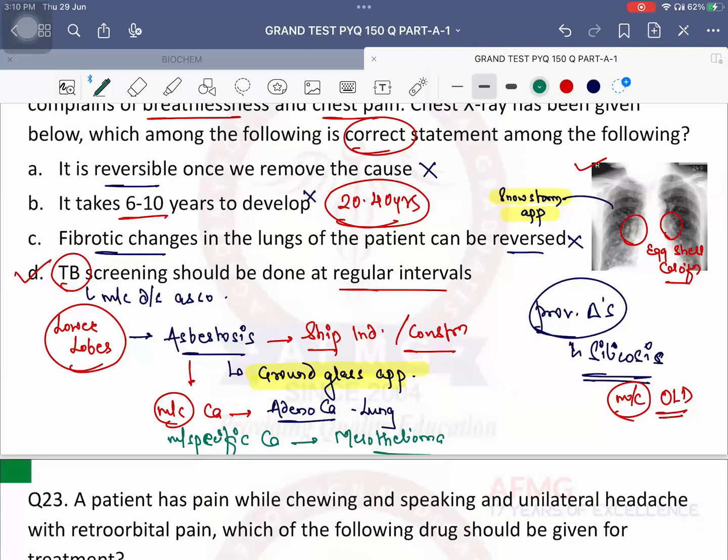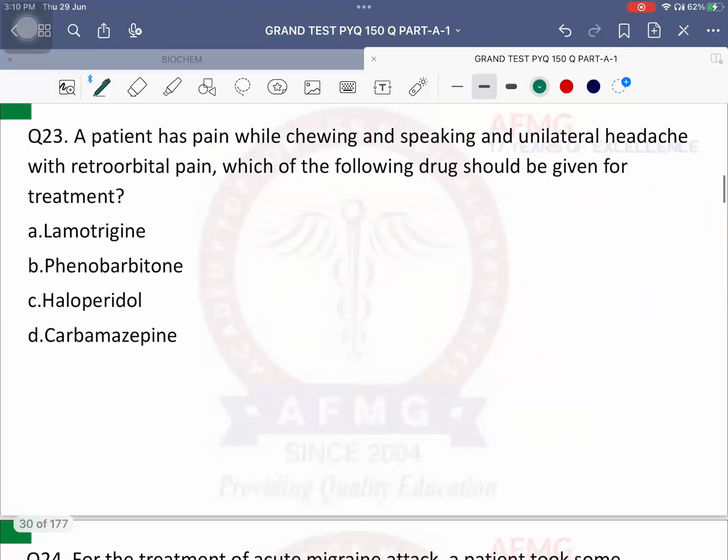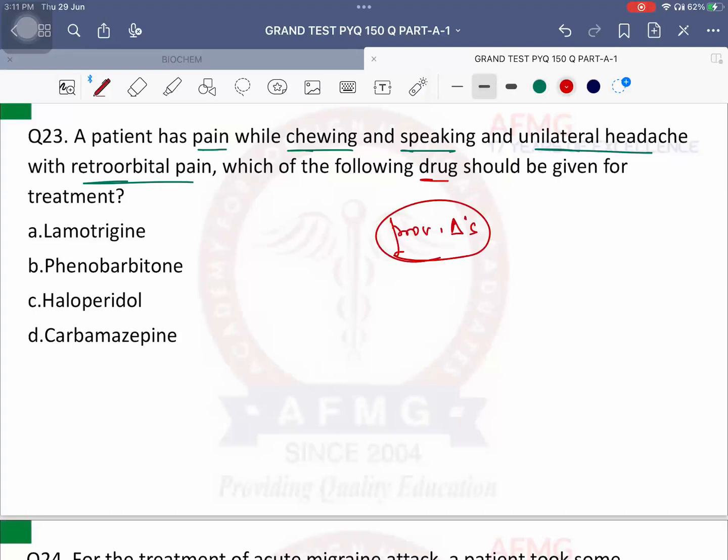ठीक है? Question number 23 now. A patient has pain while chewing and speaking and unilateral headache with retroorbital pain. आंखों के पीछे भी दर्द हो रहा है. Which of the following drugs should be given for treatment? पहले provisional diagnosis. Very good. It is a case of